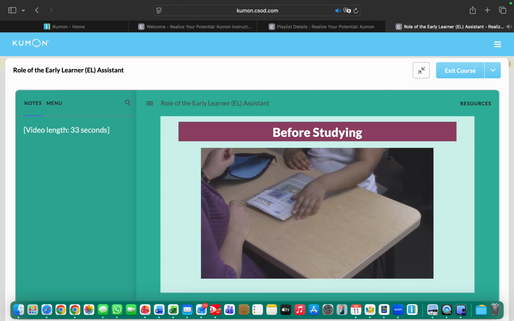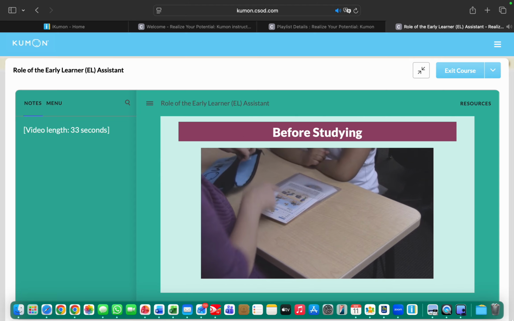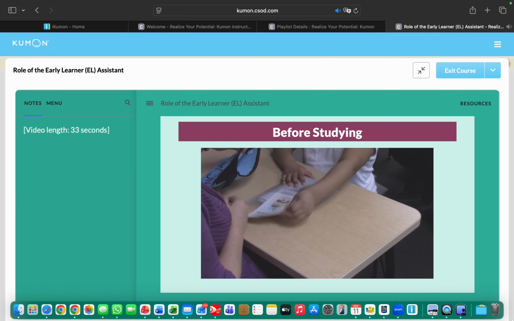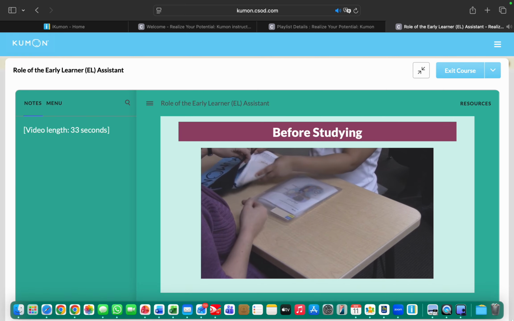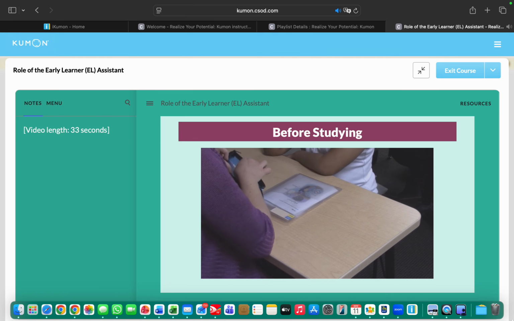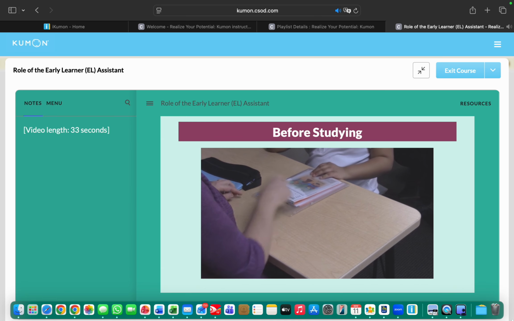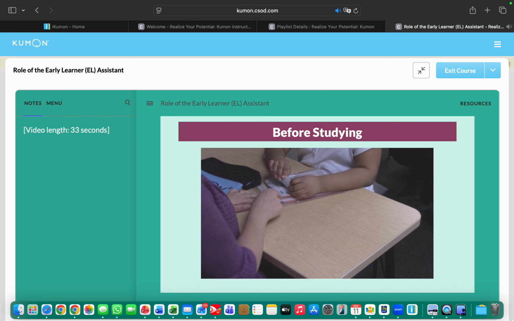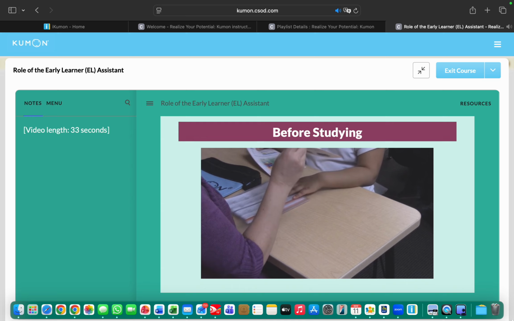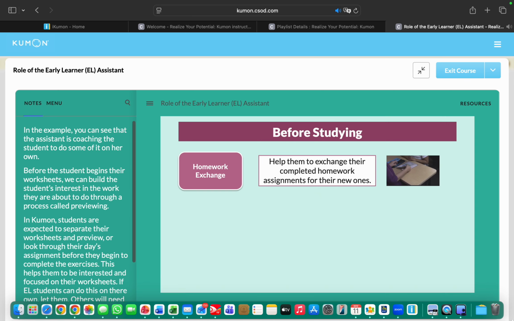I'll do it after we complete the third semester. So you see the letters, the words. One of these is for Tuesday. All of those things for Wednesday. In the example, you can see that the assistant is coaching the student to do some of it on her